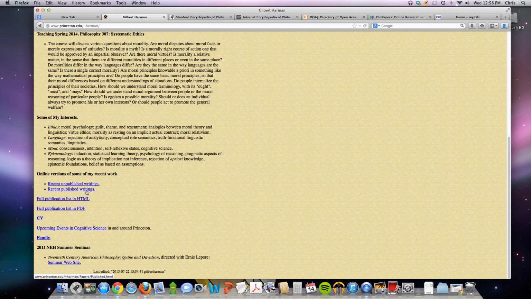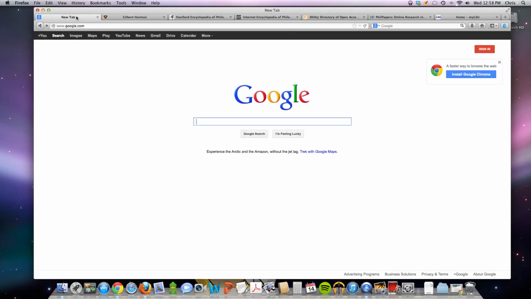So again, you can find useful stuff just from a general search engine, but it's probably not the preferred way to set out looking for information from the get-go, out of the gate. So instead of using things like Google, what you ought to do is use an academic database to find your information.